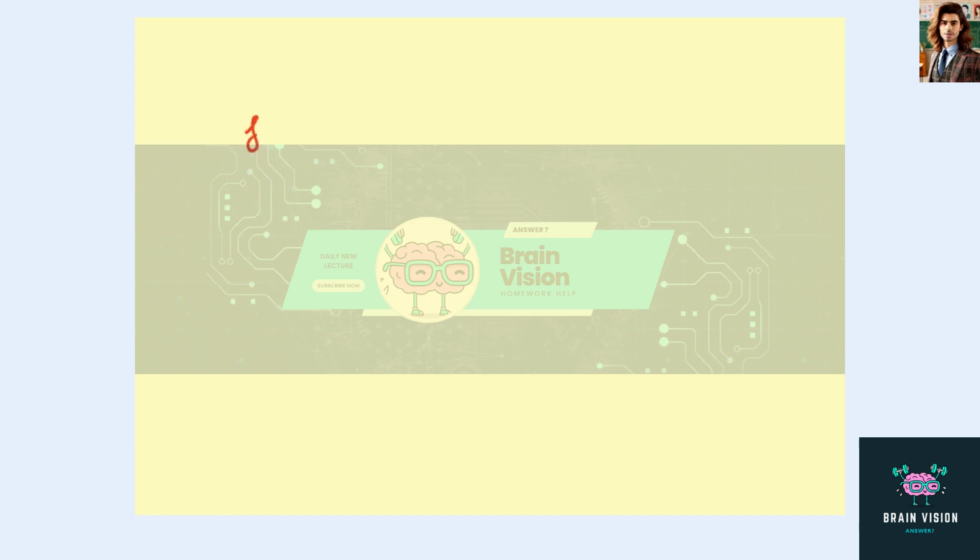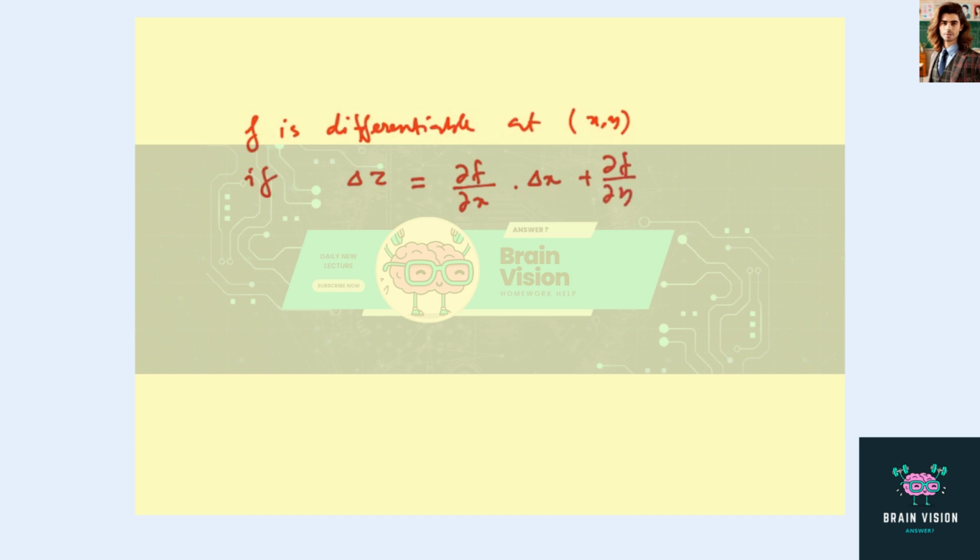Definition 7 says f is differentiable at (x, y) if I can write the increment of f, delta z, as ∂f/∂x times delta x plus ∂f/∂y times delta y plus delta x times epsilon 1 plus delta y times epsilon 2, where